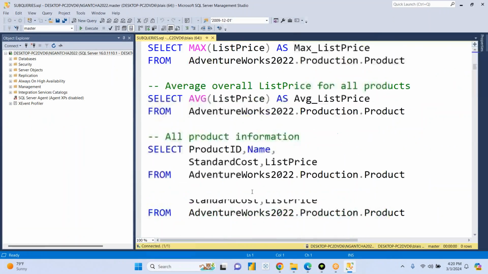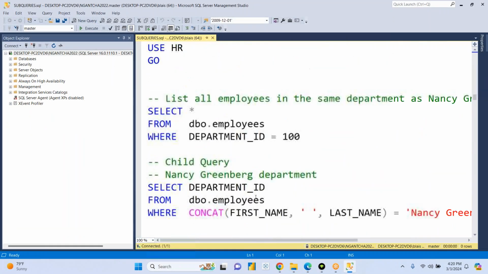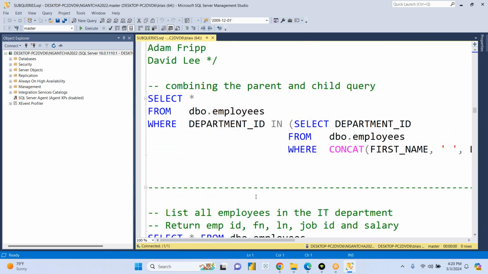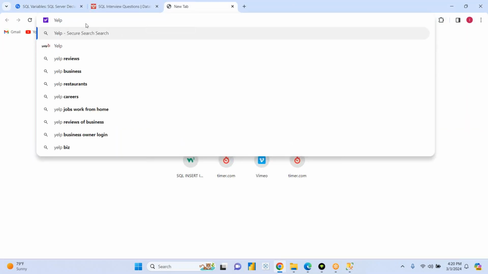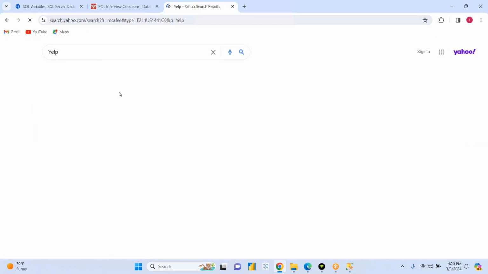Okay, so we're looking at this. We have executed the database, so we should be okay with this. If you're seeing this for the very first time, you could just take that to Google and run this so that you can understand. It's a platform that customers go and do reviews on,